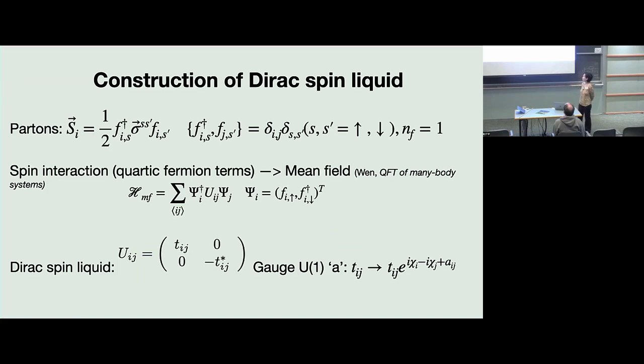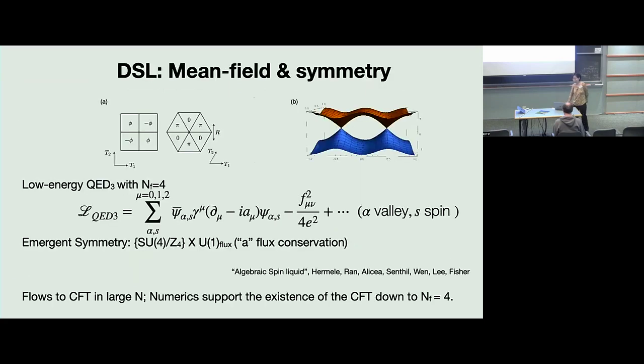Another ingredient is that this mean field is invariant under a U(1) phase rotation, both on the spinons and on the hopping matrix Tij. So to go beyond the mean field, we need to include the U(1) gauge fluctuations. Dirac spin liquid can be realized on a plethora of 2D lattices. And here, for example, we show it on square lattice and on triangular lattice with certain hopping patterns. On square lattice, it's called the staggered flux pattern.